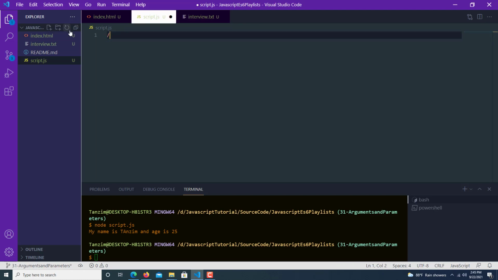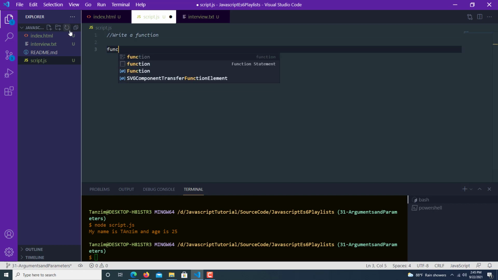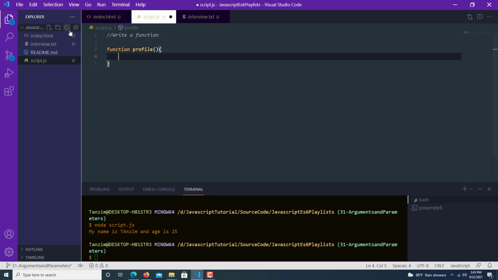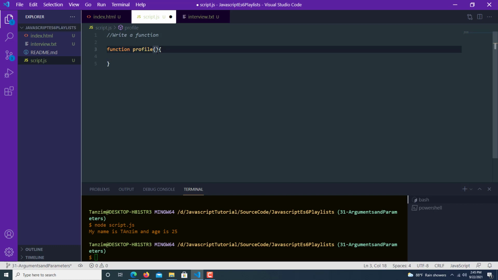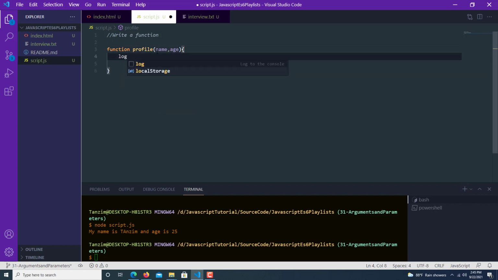So now first of all, let us write a function. Suppose the name of the function is profile, with its parentheses, and let us give the curly braces. Let us pass two parameters known as name and age. Okay, so if we console log,